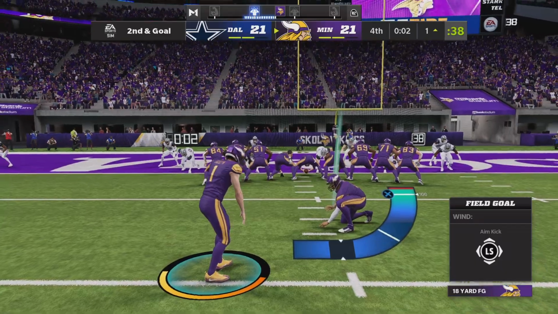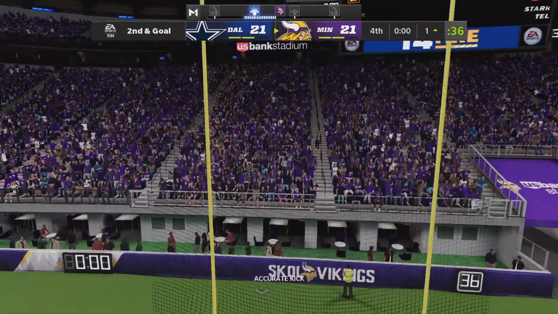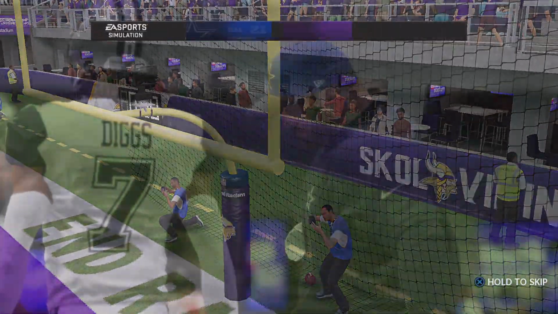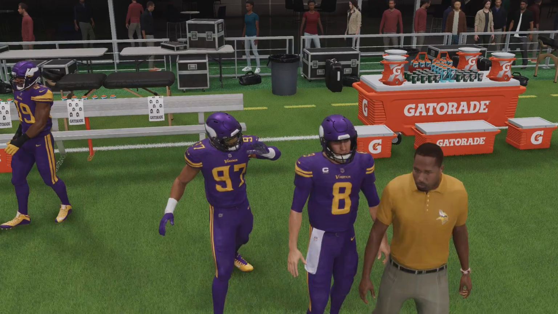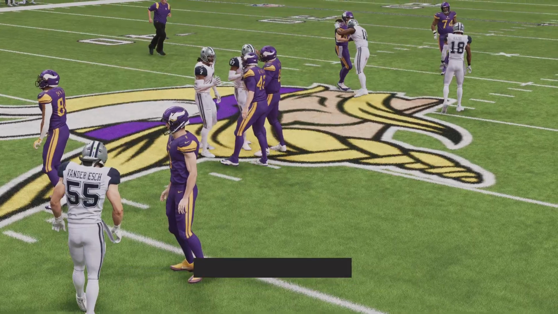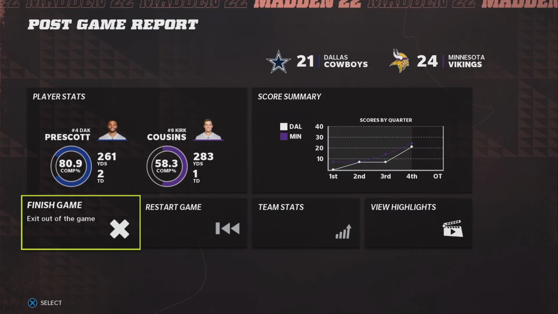Tension building. Here's Greg Joseph. 2 seconds on the clock. This for the win. And it is good. He splits the uprights on the chip shot. And it'll be a fun time in the Twin Cities tonight. The Vikings win it. So the final seconds have ticked away in this Minnesota victory. And they were really helped by their defense, forcing 3 turnovers. I think what